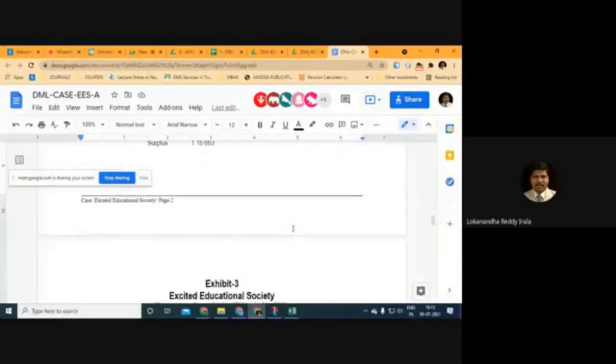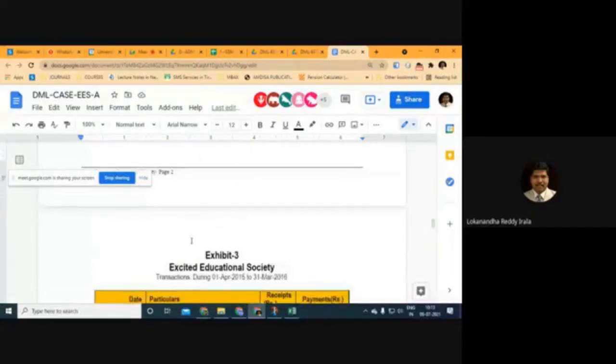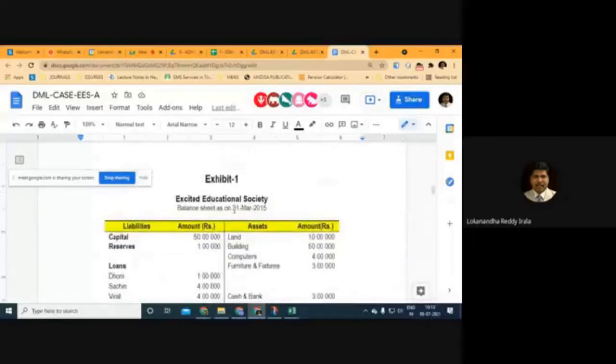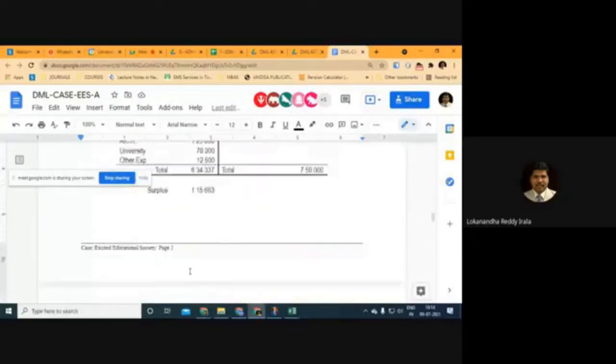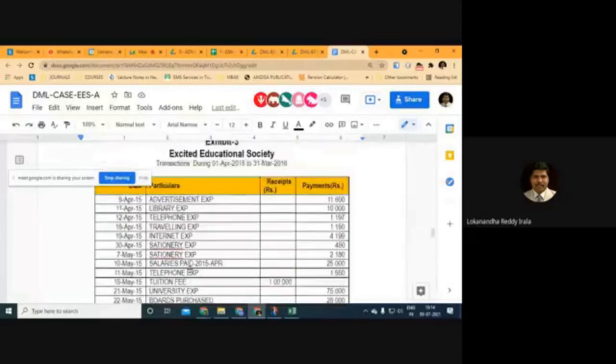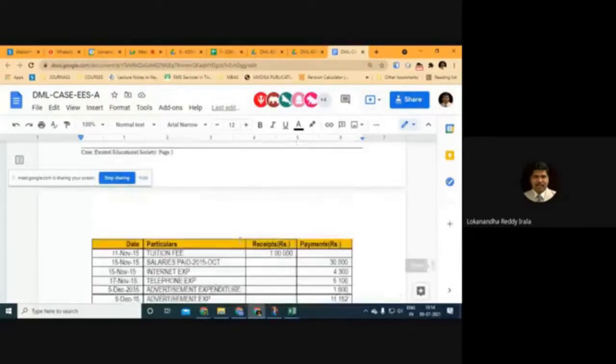And we are also given the transactions that have happened after this date, 31st March 2015. So these are the transactions starting from 1st April 2015 to 31st March 2016. That means the next financial year's transactions were given.